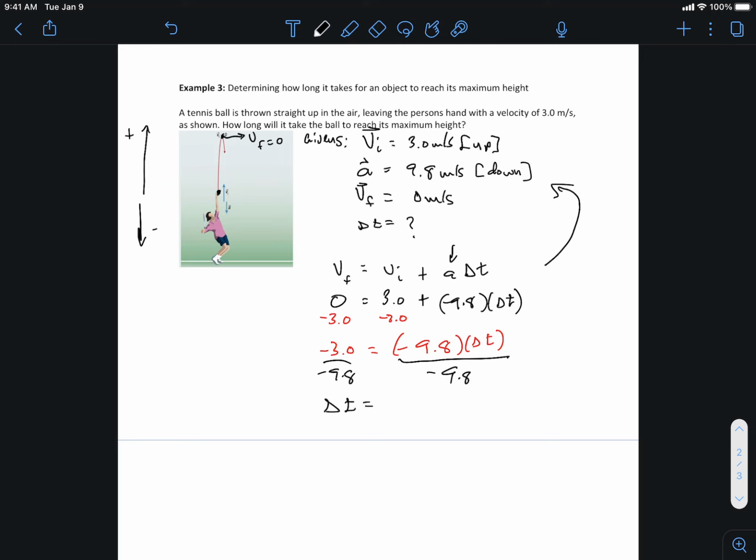It's 3, because it's -3 divided by -9.8, but you have 2 negatives there, so they cancel. 3 divided by 9.8 is 0.306 or 0.31. So therefore it takes 0.31 seconds